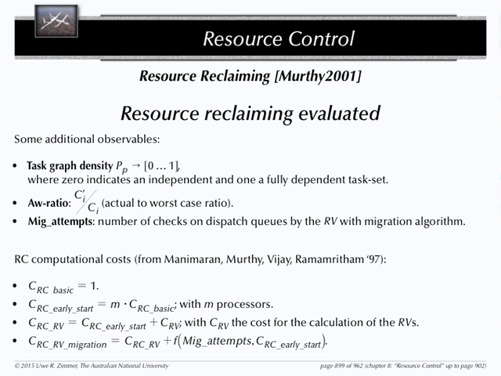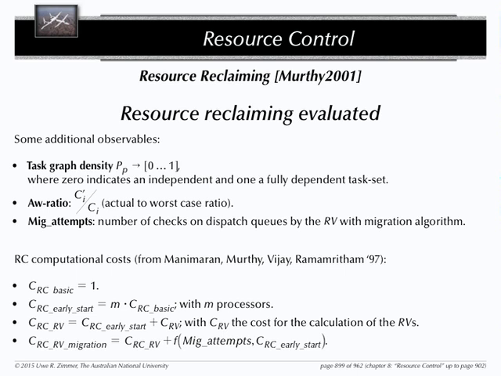But it also means my actual runtime will simply be exactly always the same, which means it's identical to its worst case time. If you have a hard real-time system of that sort, resource reclaiming is futile because there is no difference between the actual execution time and my worst case times. And the migration attempts, the number of swaps which I have between my CPU lines, I also have to be careful. That could cost me a little bit on top.